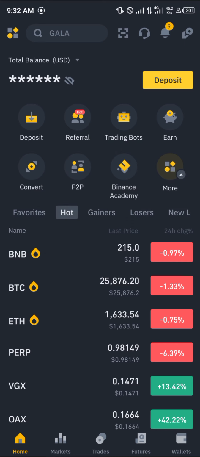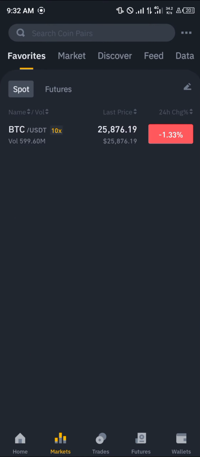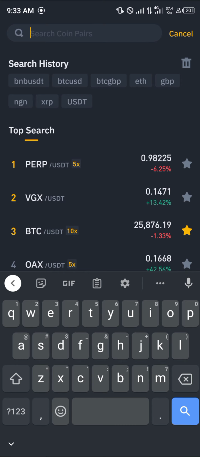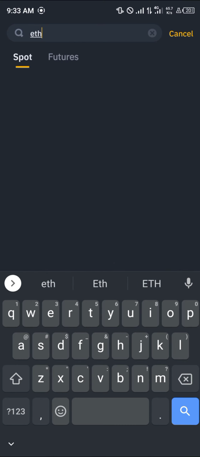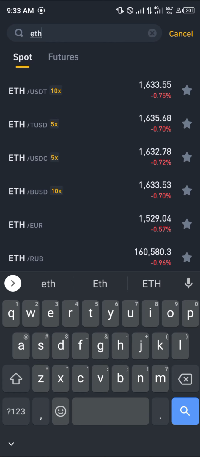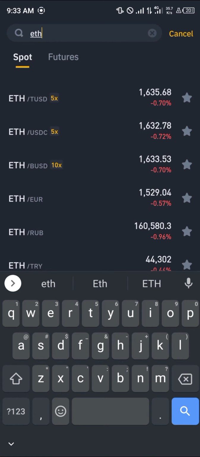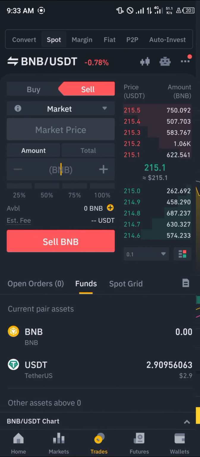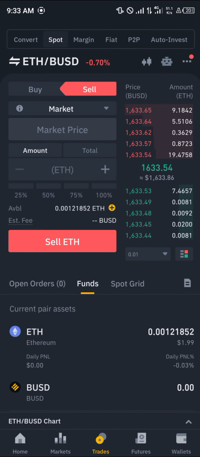the converts, is by selecting the spot menu. That you simply click on this market here, enter a token pair or a coin pair you wish to trade, which is, let's work with the Ethereum or any other token. Let's say I want some BUSD for some Ethereum. I'll simply click on this BUSD, click on the sell option, and now I'll be taken to the spot trading